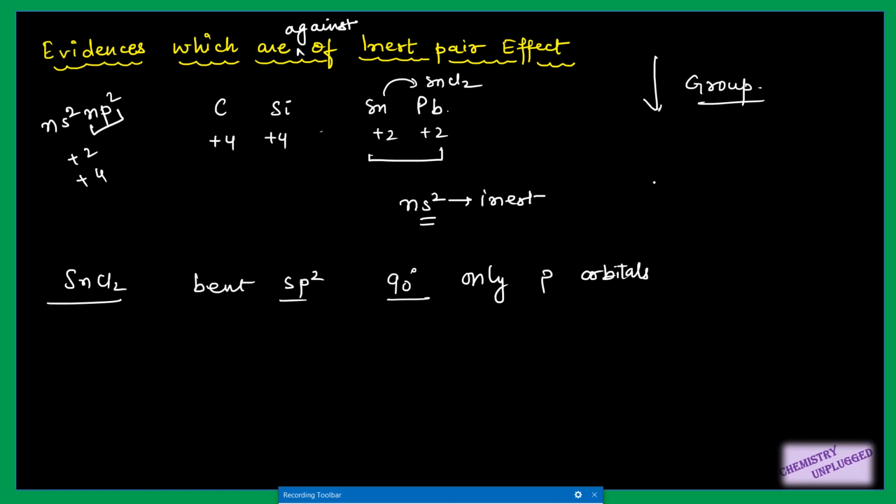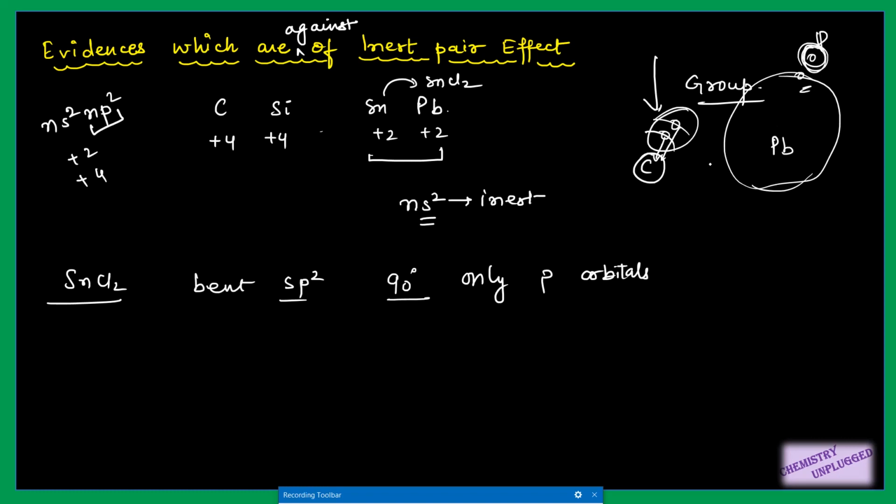Suppose I am taking carbon, and a general valence shell structure, which is not exactly true, but this is for explanation only. If I can remove this s electron as well as this p electron for carbon, which is small in size and whose nucleus has a much greater hold on these electrons, then why is it not possible for lead, which is much larger than carbon, where we can remove only its p electrons, not s electrons?